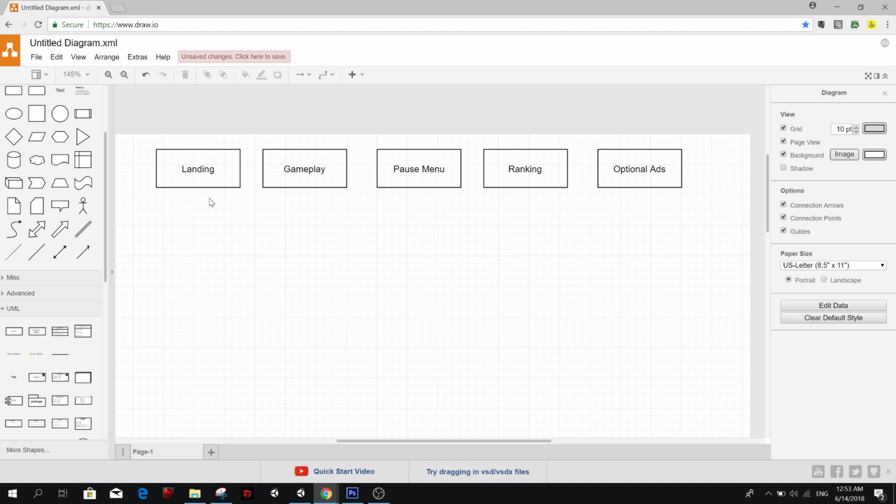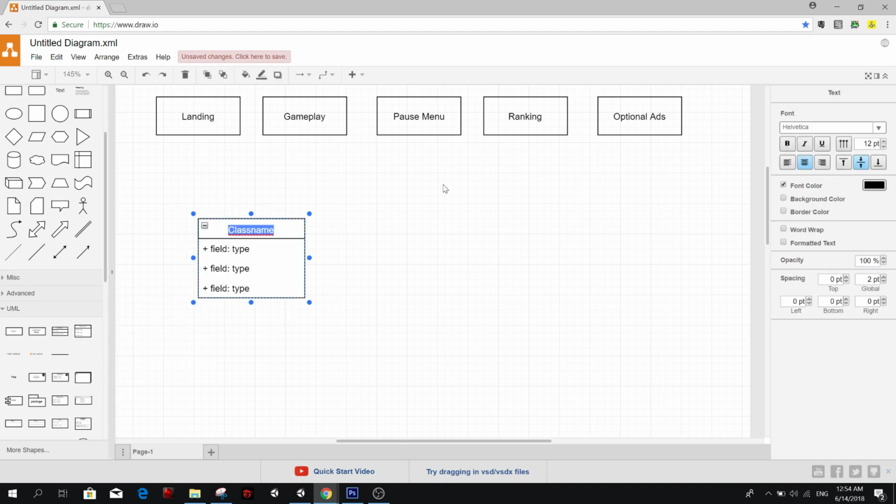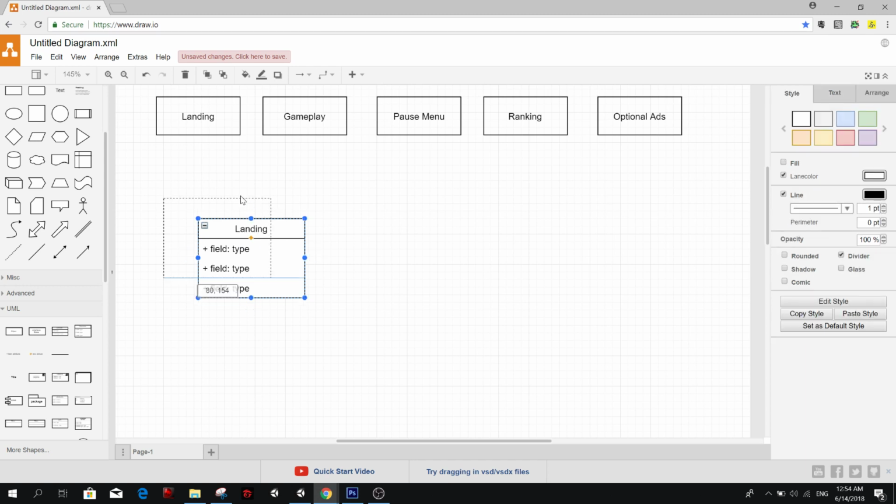Okay, sorry about that. What I usually do when I start making a project is lay down everything on the table, so it's easy for me to know what I have to create, like which classes and which variables I need. Let's say that in the landing we are going to have a landing class, which gives functionality to the UI buttons.